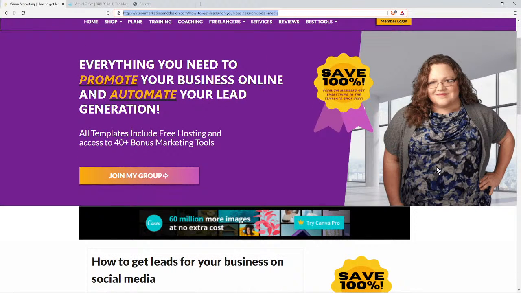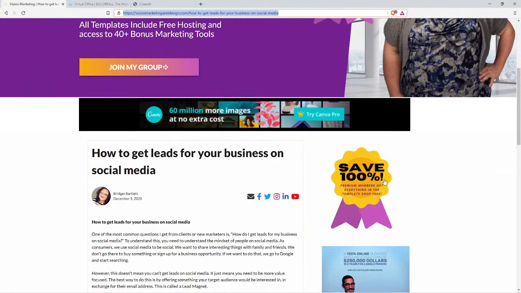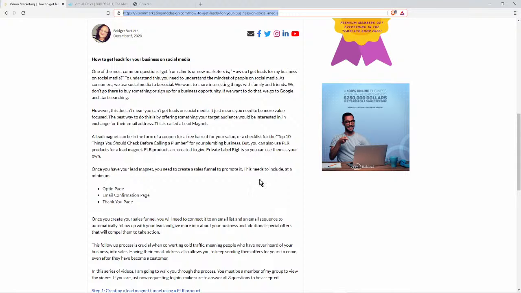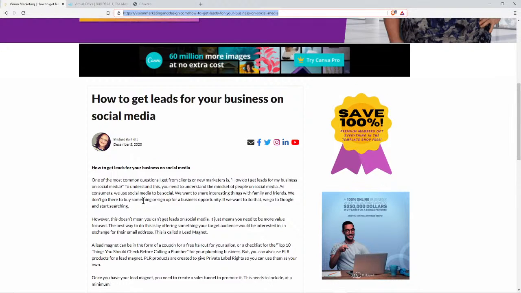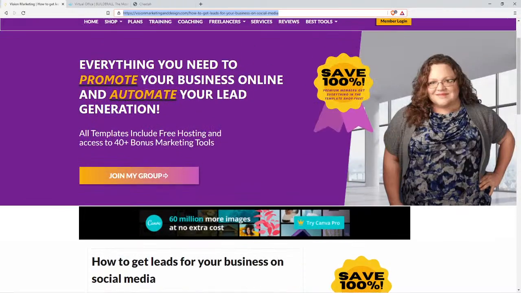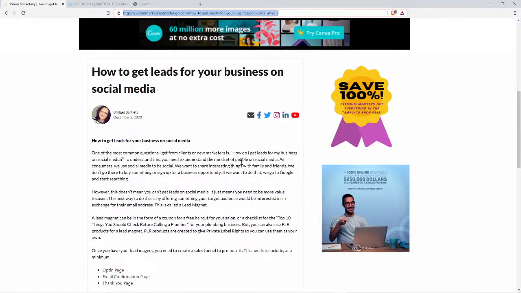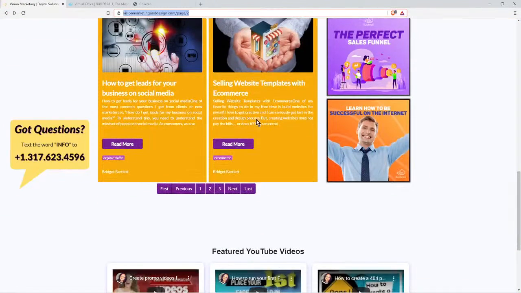So you can create and customize these any way you want to. This is the blog post page because it has the post. So no matter how many blogs you have on your website or on your blog, no matter how many posts you have, it's going to be on the post page, because this is just an element. So you're designing this whole page, all of these things here, you're adding the images and all of that, and this is just a box element that is going to basically, when you click on your website, the way that this element works is if you click this read more button, it tells the system, okay, go to that specific